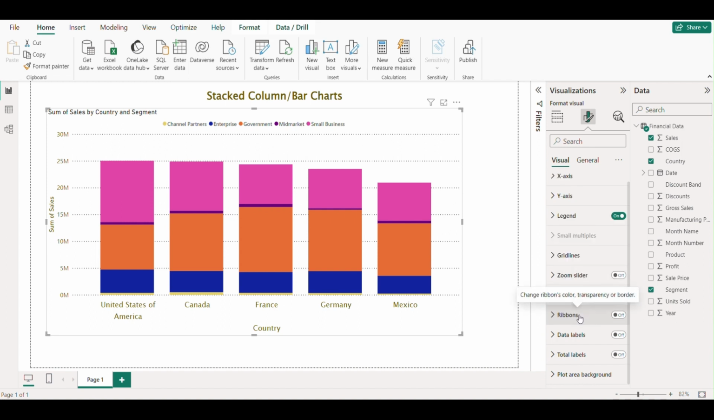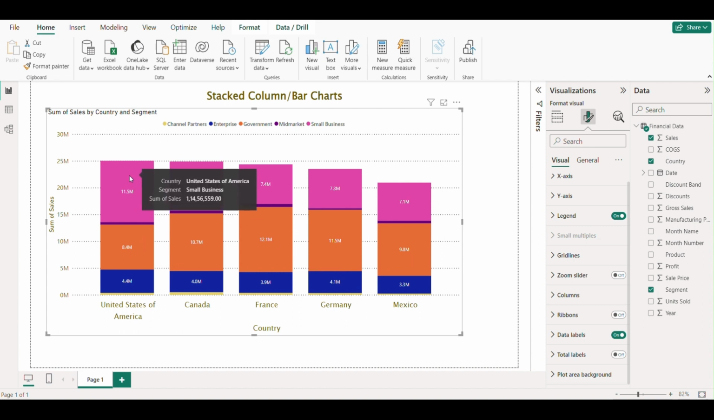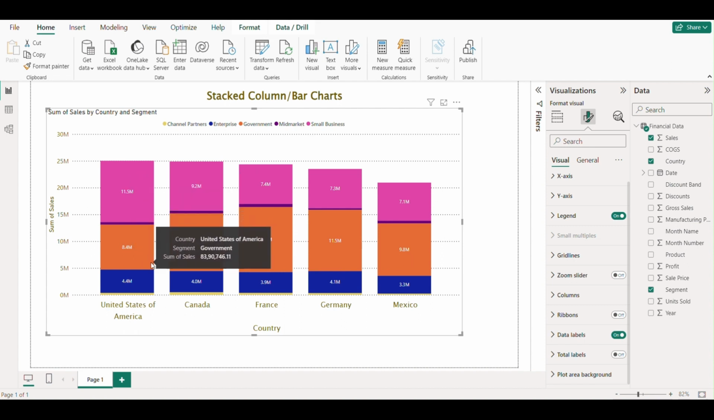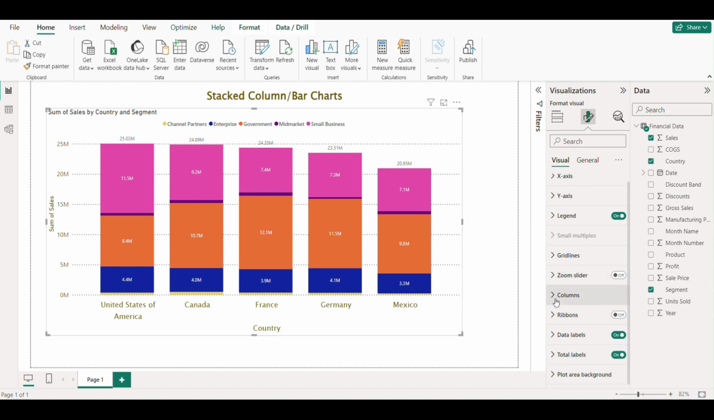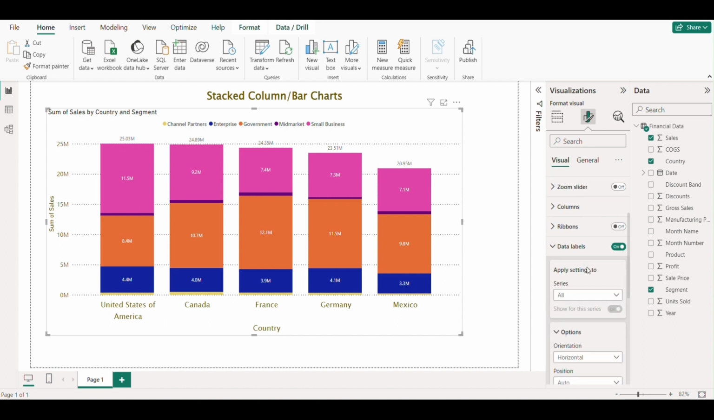Let's suppose you want to see the data labels for each column. By default it is off, and if you turn this on, you can see the data labels for each graph and segment here. And if you want to see the total labels, you can turn this off or on also, and you can see the total sale amount for a particular country and the segment. So I'll keep this one. So data labels,